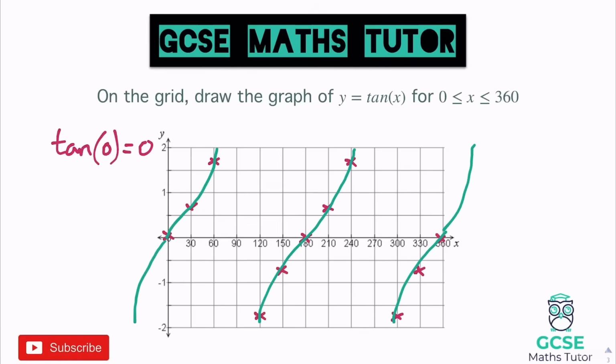It seems a bit counterintuitive when you do draw these on the calculator, because you have these gaps from here to here, and you're thinking, well, hold on, how do I join these up? But they don't join up at all. They're just skipped out there because we have an undefined value at 90, so it all starts again. There is lots of mathematical language behind that, but to be honest, all we need to think about